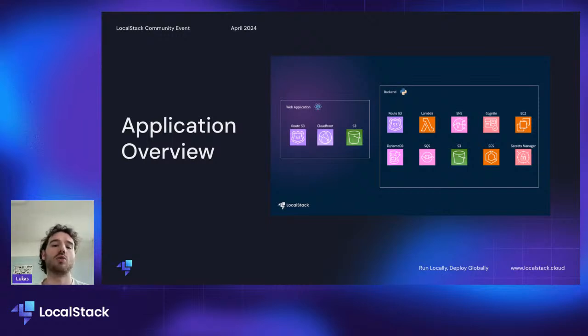And among those, we also use various services. So we don't only have a Flask application, but we also make use of AWS services like Lambda, SNS, SQS. We use S3 buckets for storage. We use Cognito for user management. We use EC2 and ECS as well for serverless resources. And then DynamoDB for storage and Secrets Manager for secret storage. So how do we use that